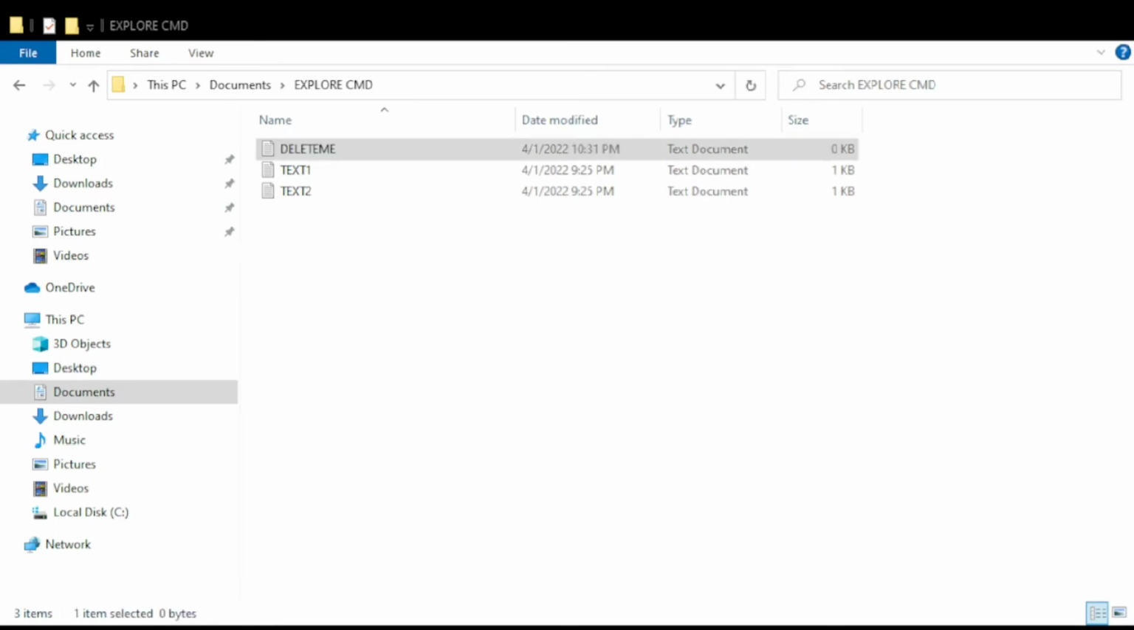The next command that we can use is the delete command, or in short the del command. It is used to delete one or more files. For example, we have here in our directory the Explorer CMD. We want to delete this text file, the delete me. For that to work, we have to go to our command prompt